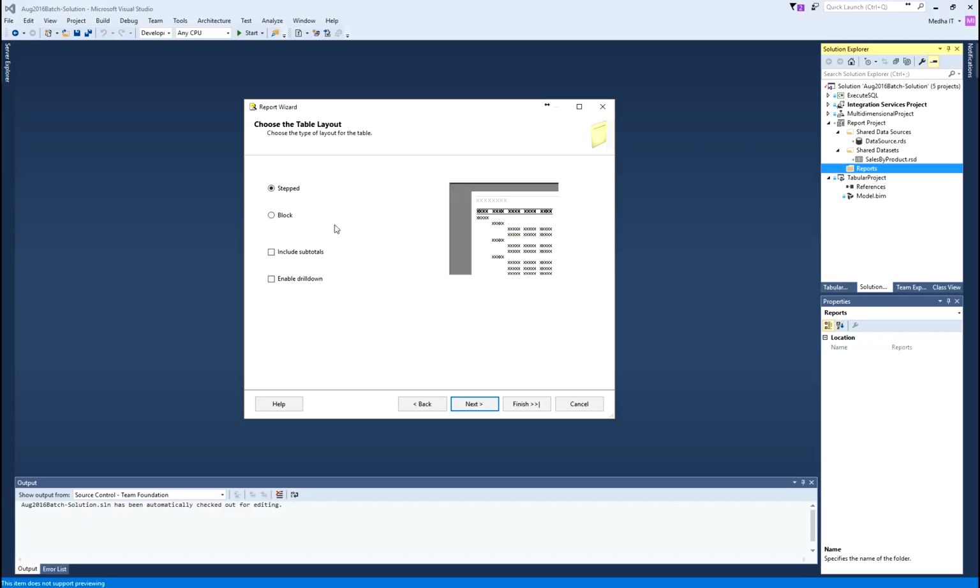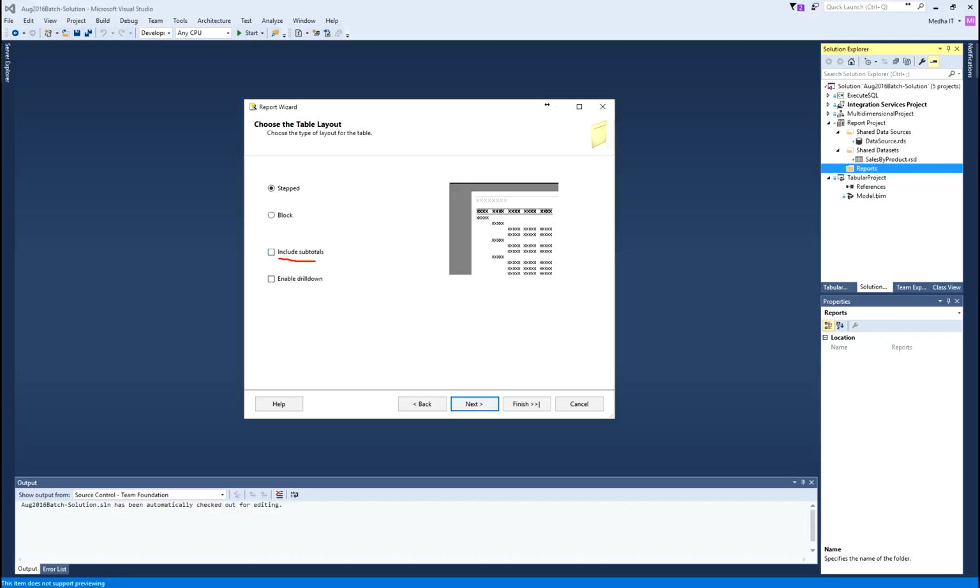But if you go with block, it shows the metrics at each level, and then there are subtotals. So it's just how the report will be shown, the layout. In my case, I will pick stepped report. I want to see how the stepped report looks. Apart from the stepped and block layout, you have two other options here.